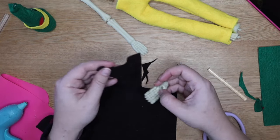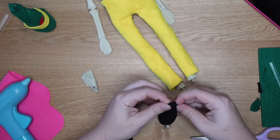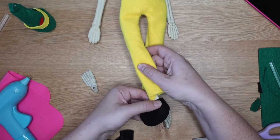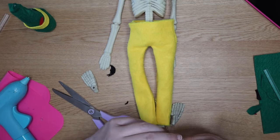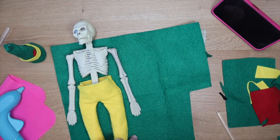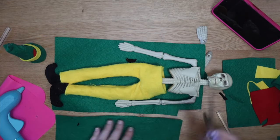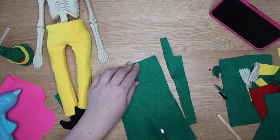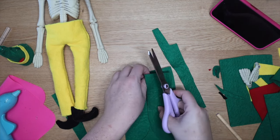So instead of frustrating myself, I just popped them right on, and Simon no longer has feet, but that's okay. We're going to add those to the feet, and they actually ended up working out just fine. And then the level of me winging it through the top, the longer coat process, we got there. Just wait till you see the end process, because I think it turned out really cute, but it is a